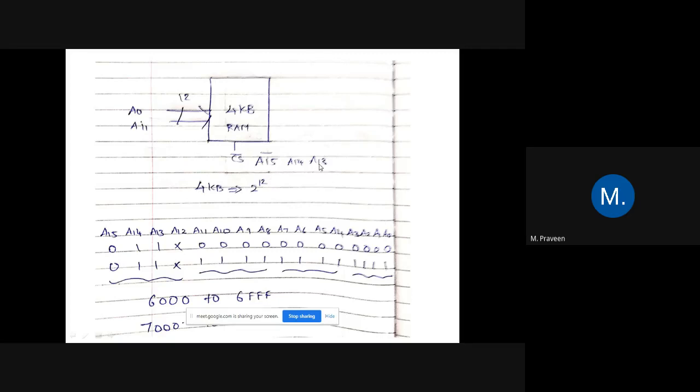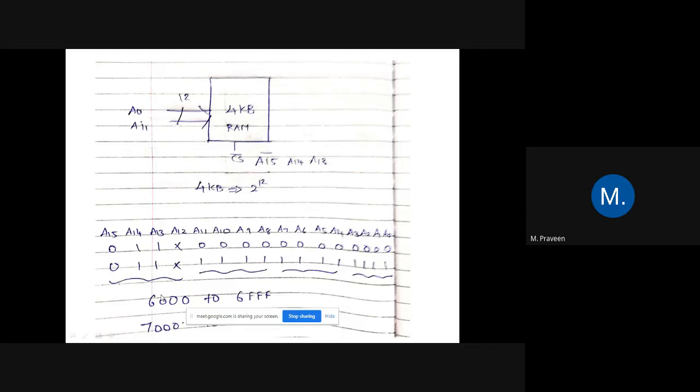A13 is 1. If all three values are high, then chip selection will be high. Therefore, A13 will be 1, A14 will be 1, but A15 is given as A15 bar. So if we give 0 to A15, it will be complemented and become 1. If all three are 1, then the chip selection will become high, and if it is high, then the memory will be activated. Therefore, A13, A14, A15 is 011. Similarly, the ending address is also going to be the same, 011. If we change this value, automatically the memory will be deactivated. Therefore, for the ending address also, the chip selection value should be the same, 011.